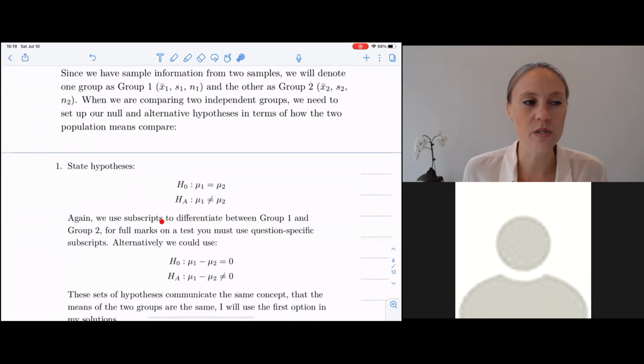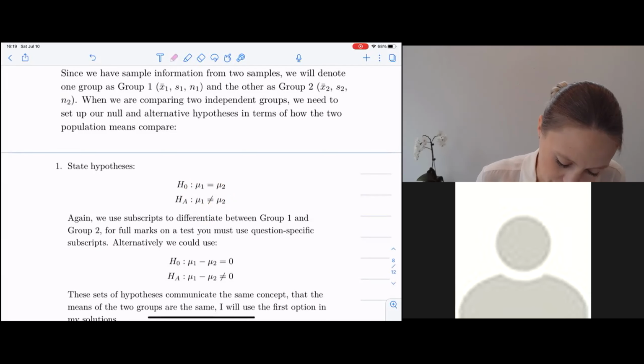So we should use question-specific subscripts to differentiate between group 1 and group 2. Or if you define group 1 and group 2 early on, then you're allowed to use 1 and 2. But for your null and alternative hypotheses, because it's going to be really important,